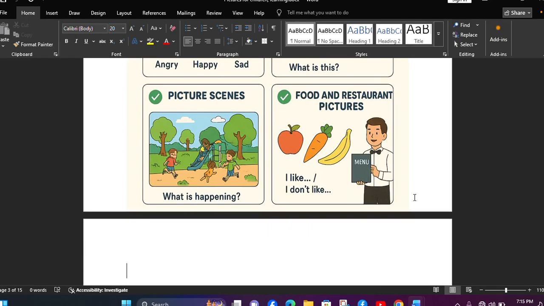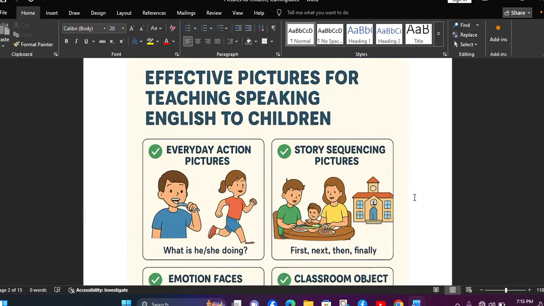I have more pictures right here. Look at it, more of it. And how do you get those pictures? You can get these pictures in different ways. You can go to